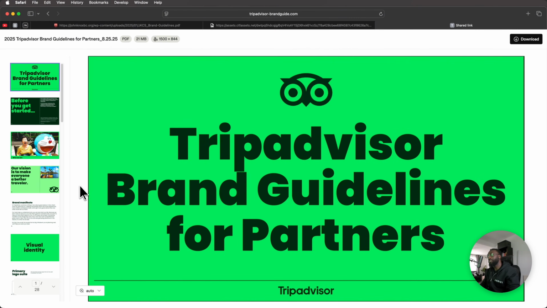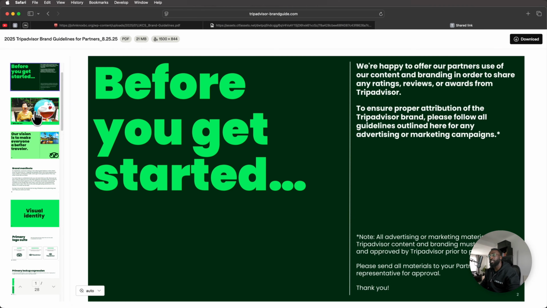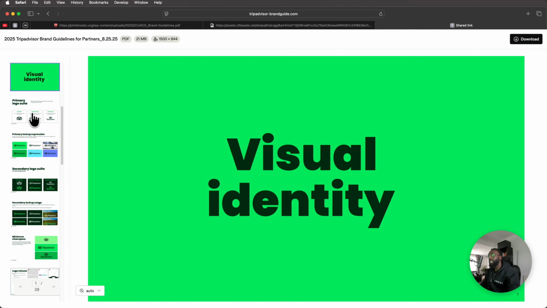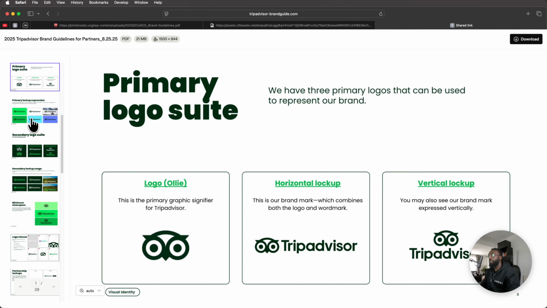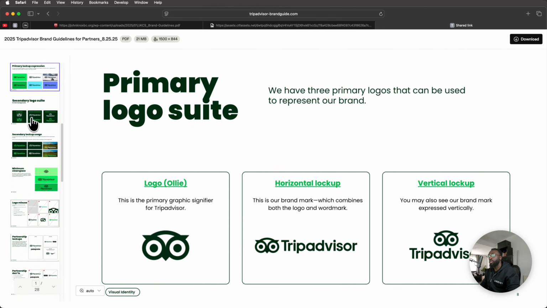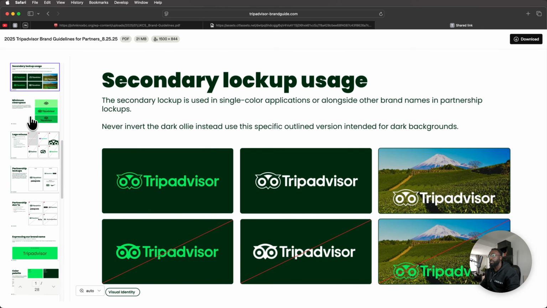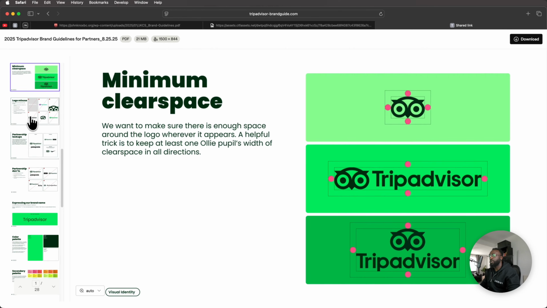And at number 3, we have the TripAdvisor brand guidelines. The reason why this is in my top 3 as one of my favorites is because not only is it very simple to follow, but you can also start to see the brand coming through within the guidelines, and mainly through the use of the typography. So TripAdvisor has a very bold and simple font, but it's very eye-catching. So of course, using it throughout the brand guidelines and not adding so much graphics just makes it feel cohesive